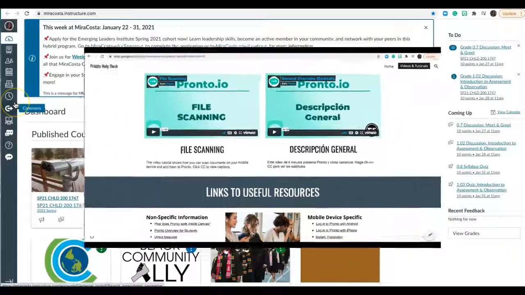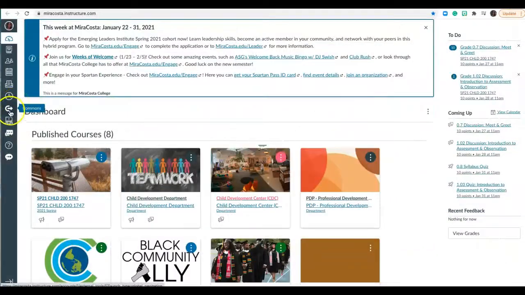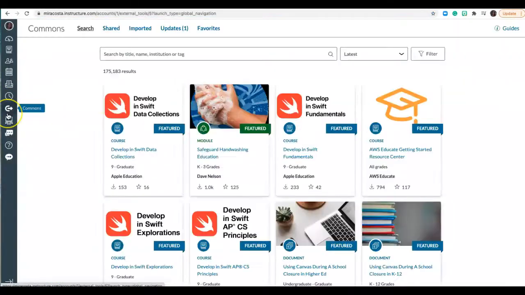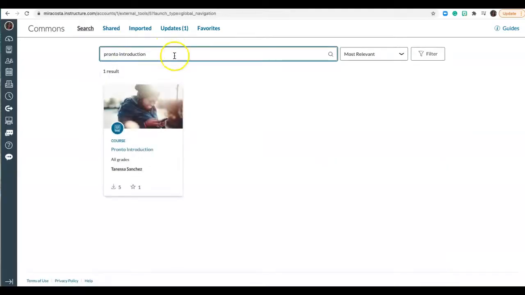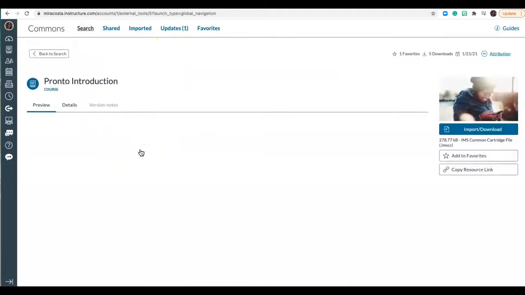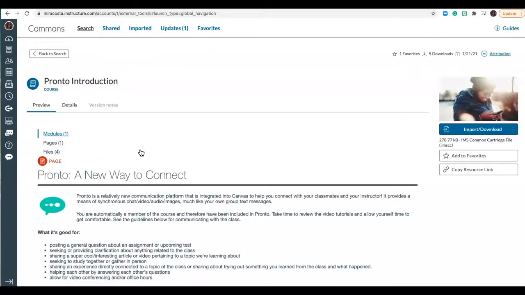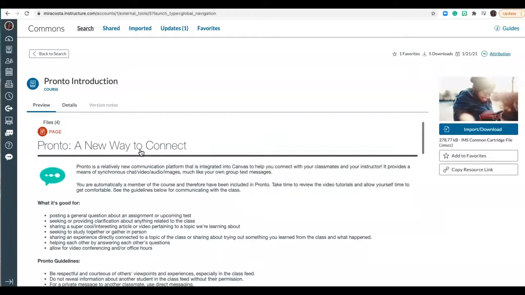Another resource that I have created can be found in Commons, and for those who are not familiar with Commons, it can be found in the global navigation pane. Once you select it, you may search for Pronto Introduction, selecting the course, and it really is just a page introducing Pronto to students.